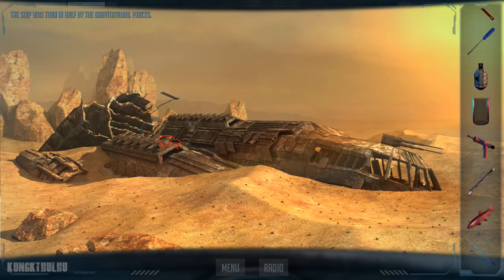The ship was torn in half by the gravitational forces. It says Armstrong.